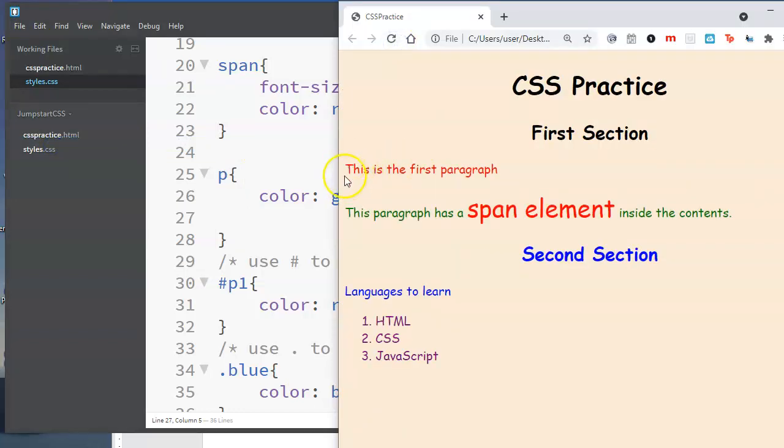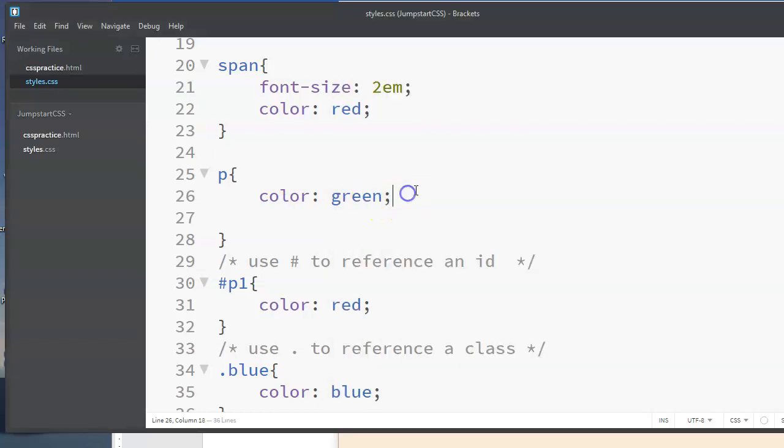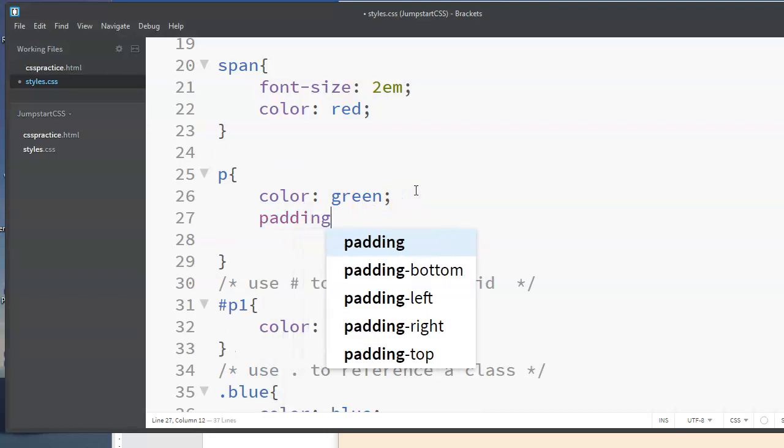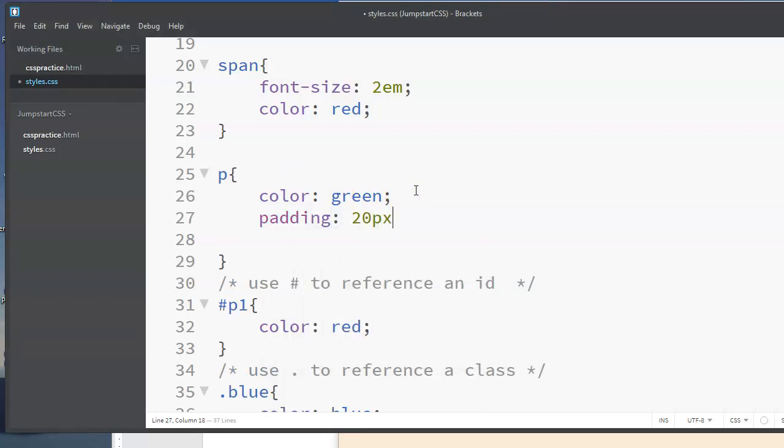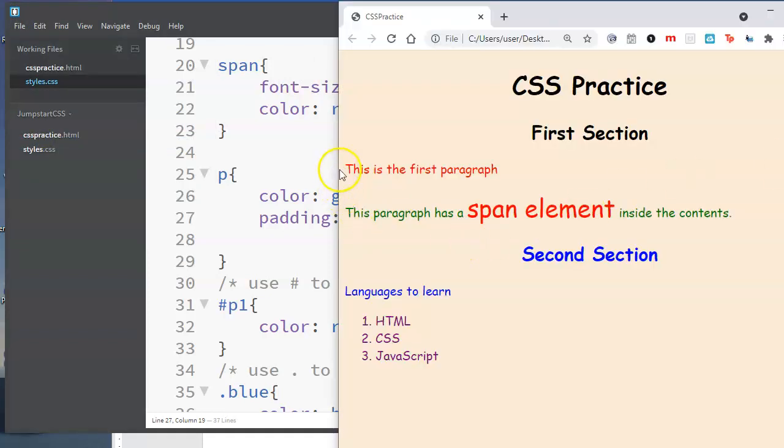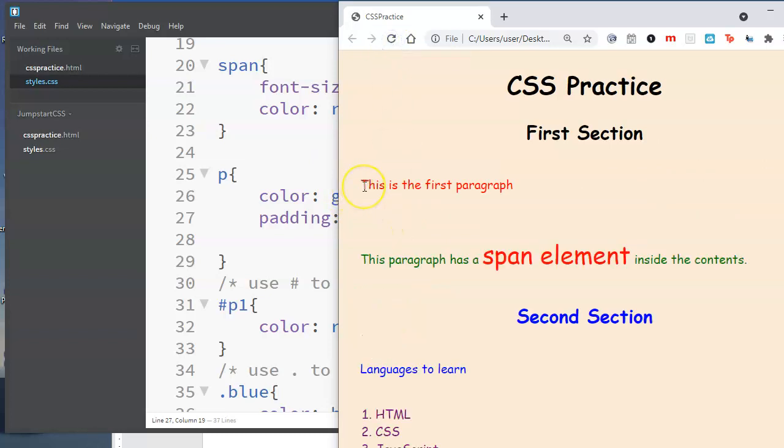So you see these are my paragraphs. So if I add some padding to my paragraphs, 20 pixels, let's save. Let's look again here. So notice where it is before I refresh the page. When I refresh the page, the content moved in because the padding is outside of the content but inside of